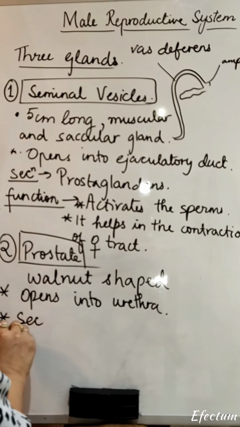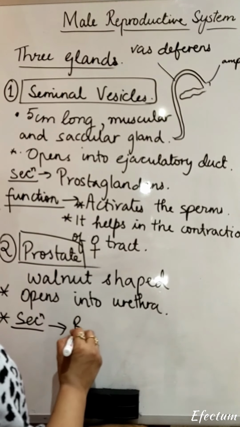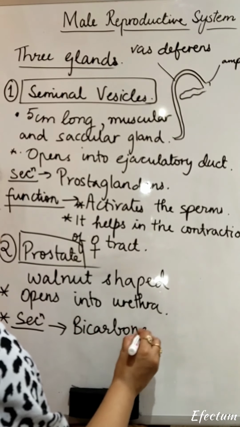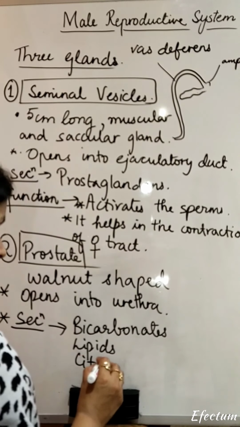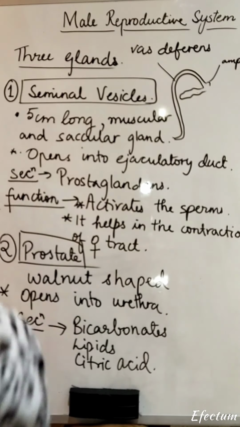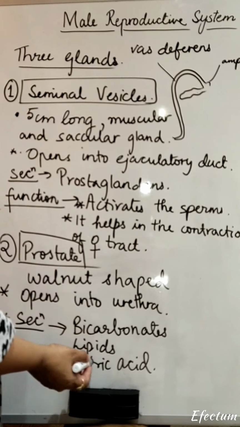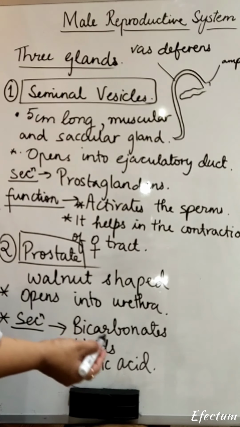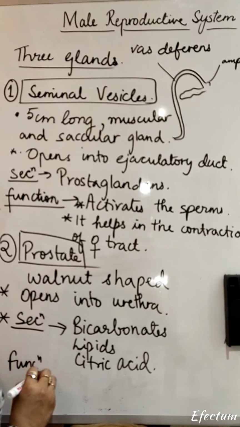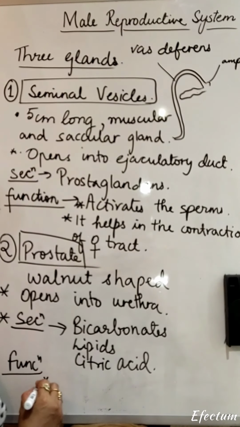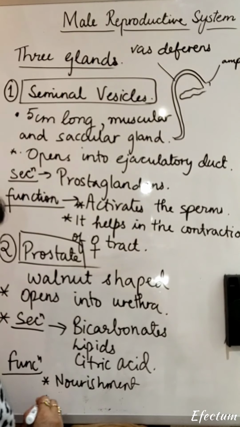Now if we talk about the secretion of this gland, then this secretion mainly consists of bicarbonates, lipids and citric acid. This lipid provides nourishment. If we talk about function, then this secretion provides the nourishment to the sperm and also